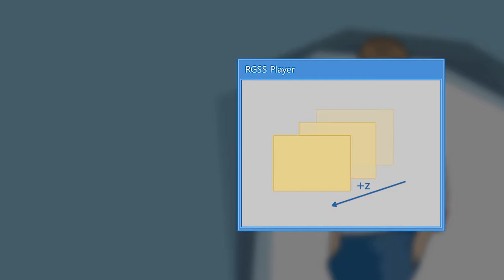Given circumstances where you have multiple viewports, and like we've talked about previously in the coordinate system, you can also assign a Z value to your viewport, which means that you're going to be stacking this rectangle, within which certain sprites are going to be rendered on top of other viewports and other rectangles for displaying graphics inside of them. And this can be quite useful if you want to have a scene appear on top of another scene,